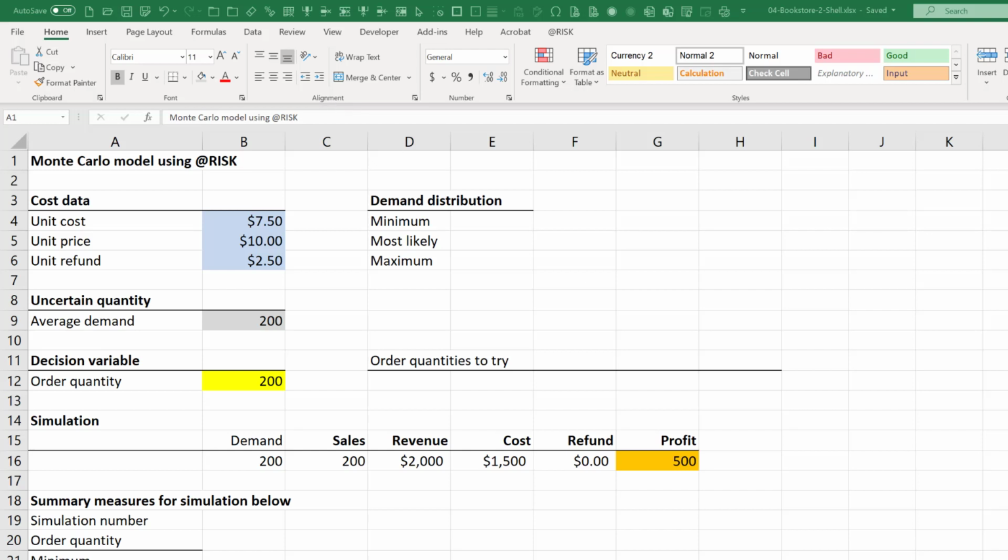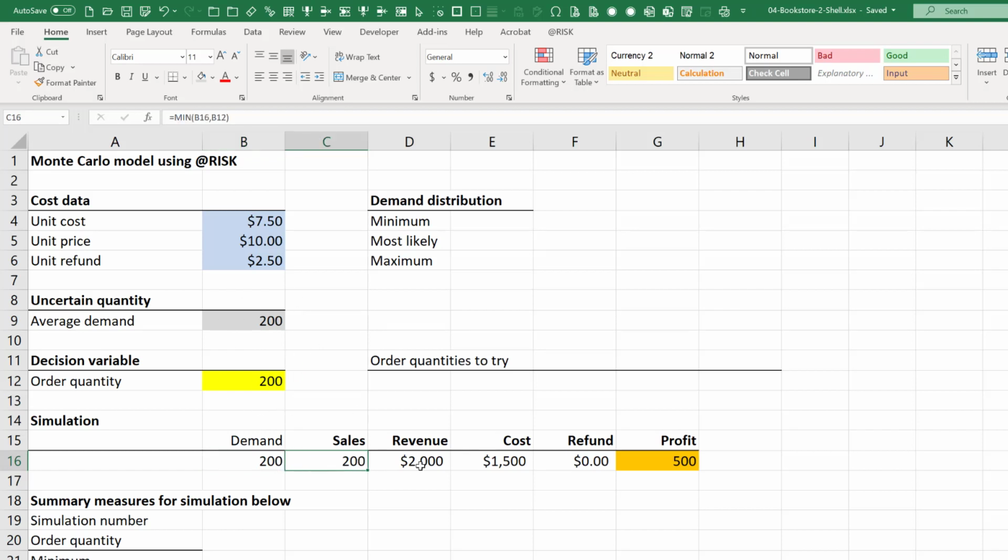Now let's take the same bookstore model and set this up as a risk model. So we have the cost and price data, and we have the average demand, which is deterministically 200, but we want to simulate that. Then we have the order quantity, which is the decision variable, and then the demand, and sales is the